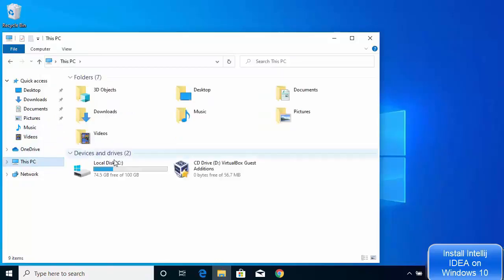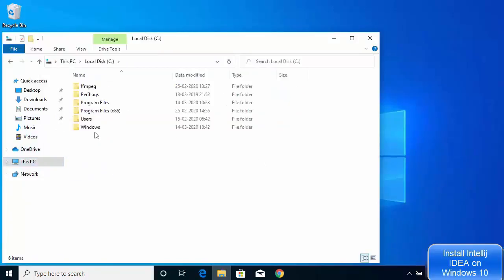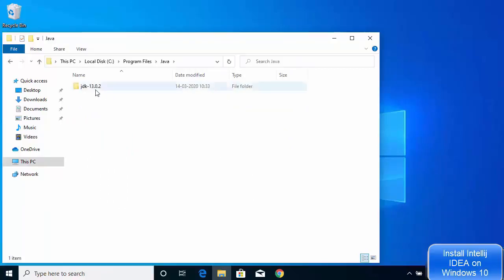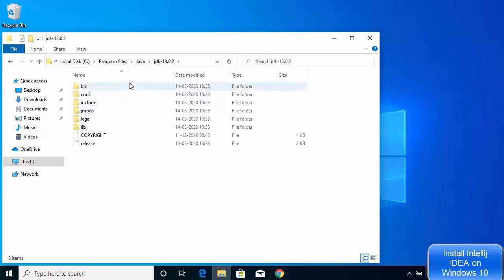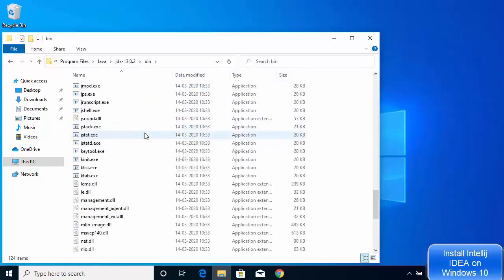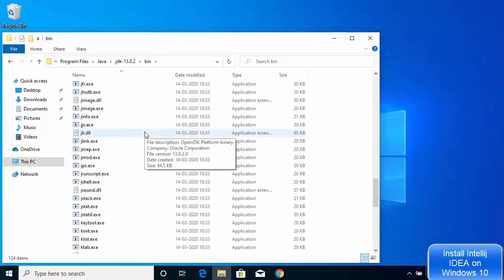I will go to This PC, C directory, and then Program Files, and then you can see this Java directory here. Inside this Java folder, you will be able to see the JDK version you have installed. I have installed the Java JDK 13.0.2. I will click on this, and the important folder here is the bin folder, where all the Java related files are present. For example, javac.exe will be there, and other Java related executable files are all present